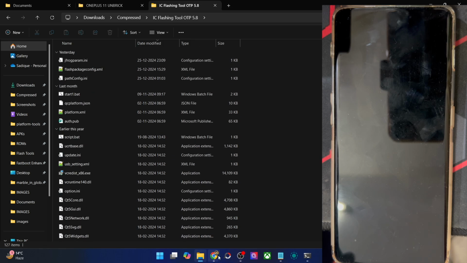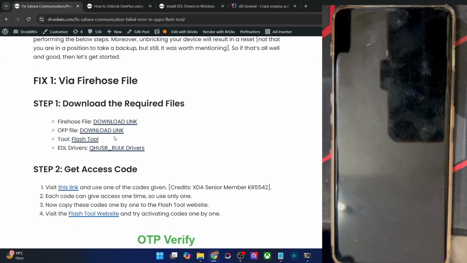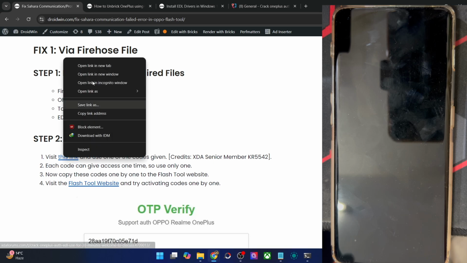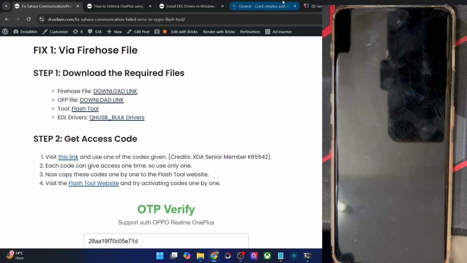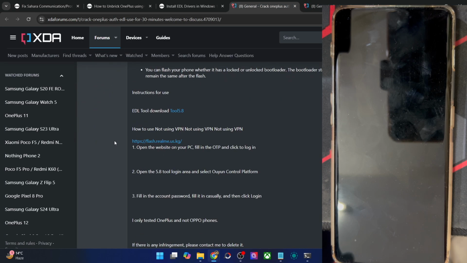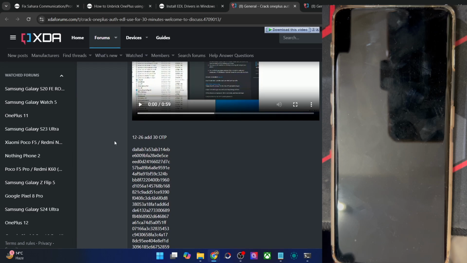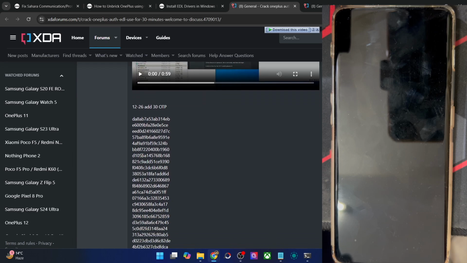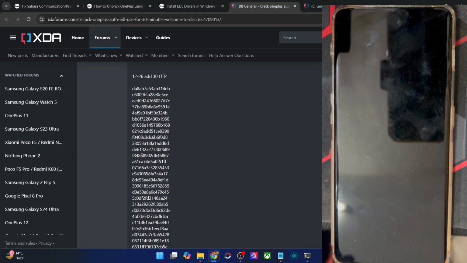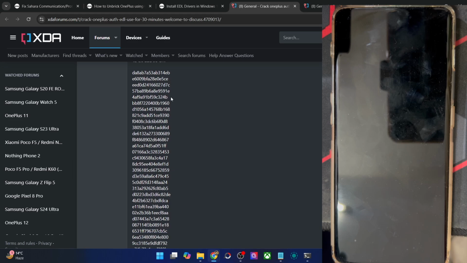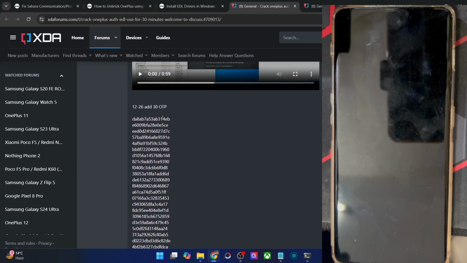Once you have got all these files, let's now get started with the process. First off, go to this link and get hold of one of the OTPs. Do note that you can only use one OTP once. So please do not exhaust the OTPs. This is very important and might come in handy for the users who have their phone bricked. If you just want to test it out, then it's not recommended to do so, because it might come in handy for those who actually need it. The developers keep on adding OTPs every day from here. As of now, for the 26th of December, these are the 30 OTPs.